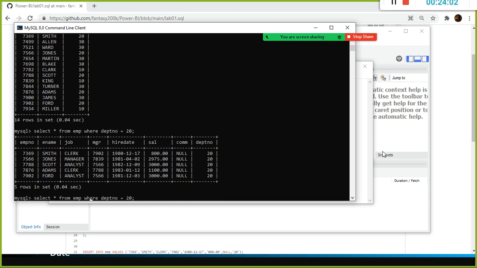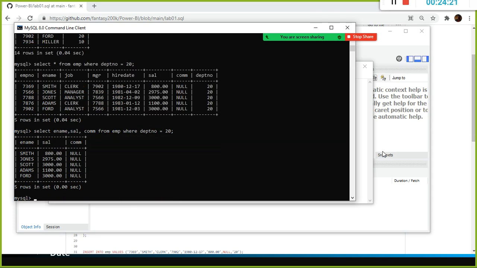This is called row level subsetting. I don't want to see the entire data, only a subset of the data at the row level. At the column level, why should I need all the columns? I need to know the employee name, his salary and his commission.